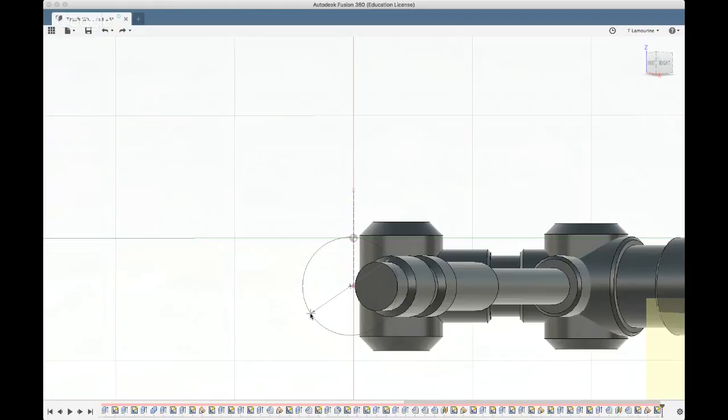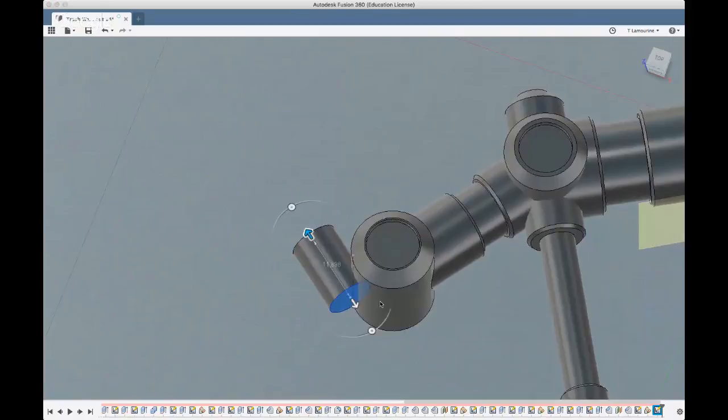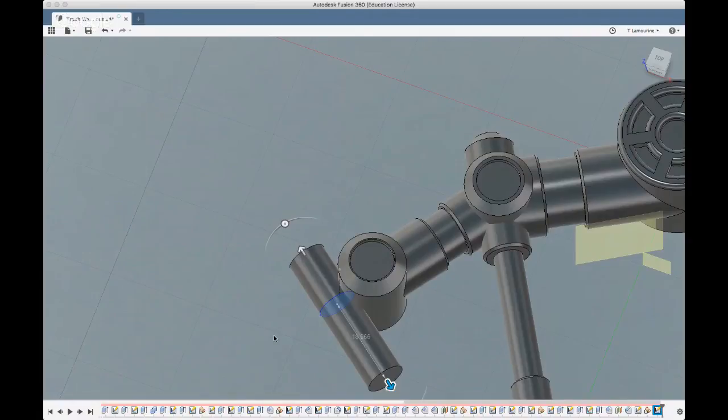And this needs to be approximately, helps if I turn the calipers on, 8 millimeters. 8. About 35. And that looks about right. And then I just need to extrude that in 2 directions, 2 sides. One of them is just this way. And I want a new body. And one of them goes this way. And I'm going to guesstimate the distance along the back one is going to be about 12, and the